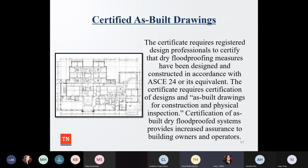So again, when you get these plans and stuff, if you're an engineer, your work is really your reputation. So you want to make sure that whenever you're submitting something to a floodplain administrator, that you identify all the different pieces and parts that should be submitted, and then making sure that it's signed, that it's sealed, that it's certified, and that whatever you're sending to the floodplain administrator, that everything is identified, clearly marked, so that a floodplain